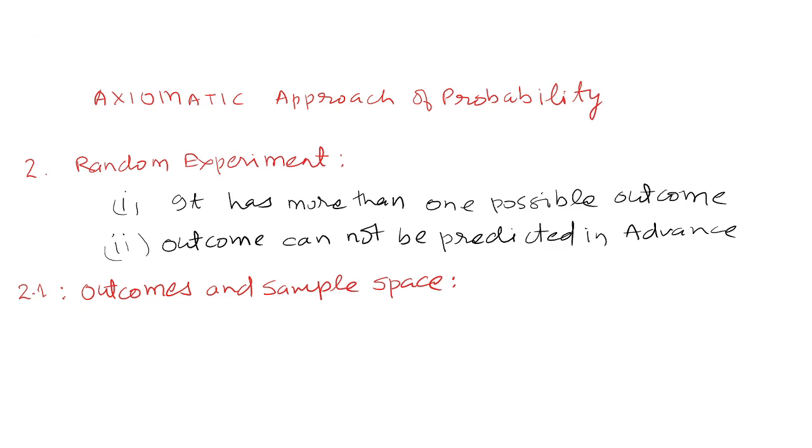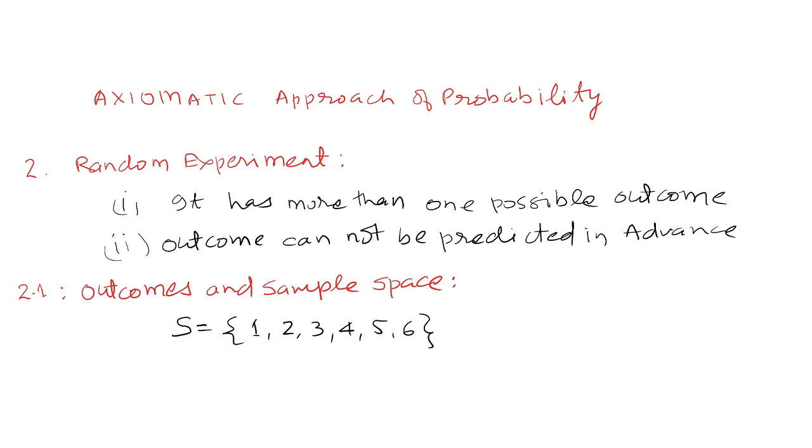These are all called sample points, and the sample space, denoted by S, is the set of all these outcomes. So 1, 2, 3, 4, 5, 6 is the set of outcomes of throwing the die,